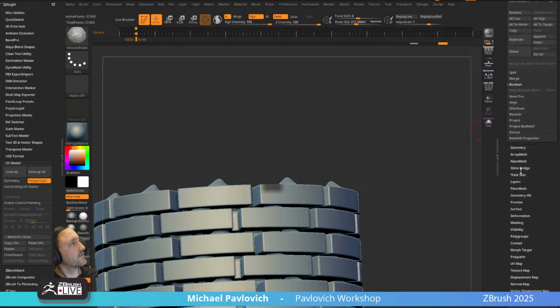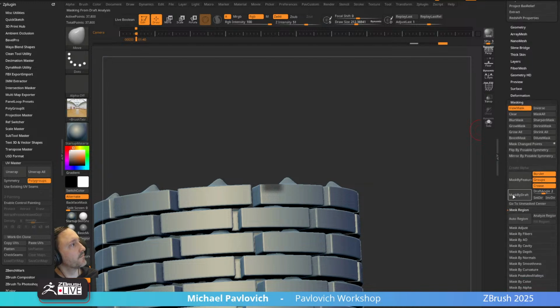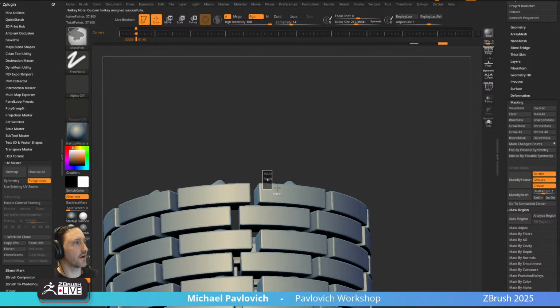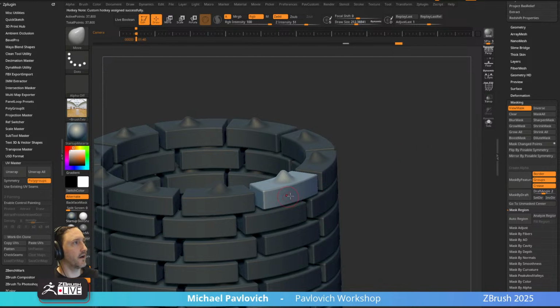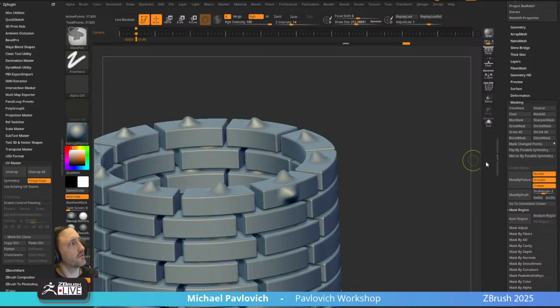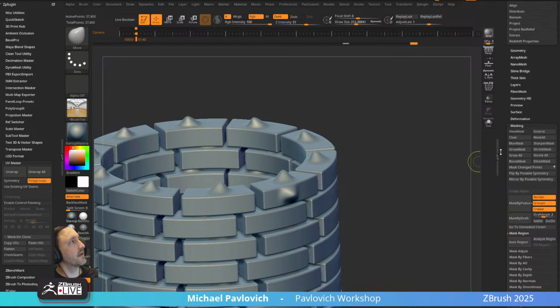I need to assign a hotkey to it. In masking, there is a grow all mask. I'm going to do Ctrl Alt Shift G for grow all mask. So now if I just grab a little piece of this and press Ctrl Alt Shift G, I can mask and invert. So now I can be very careful that I'm only changing one, and then I can say,